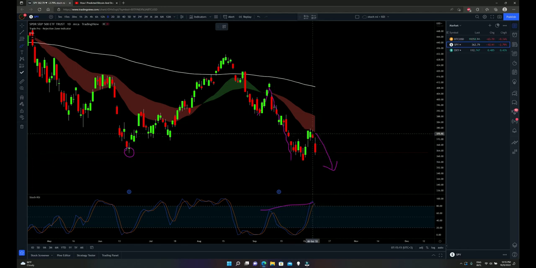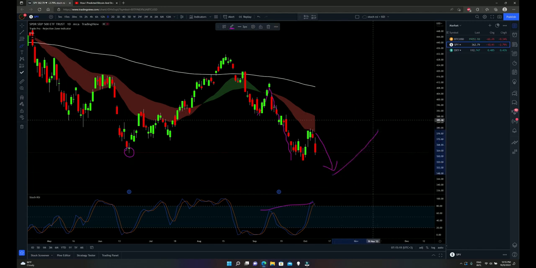And what I'd be expecting is another move to the downside, then a larger pullback. And that larger pullback will be the opportunity or potential opportunity. We'll see how it sets up and update it. But I think we'll see a move down and then a larger pullback as my analysis right now. And